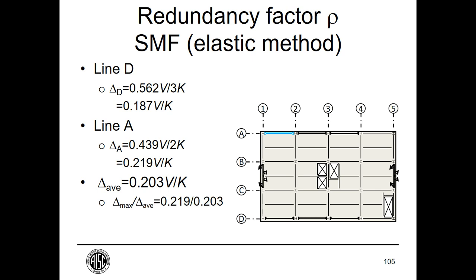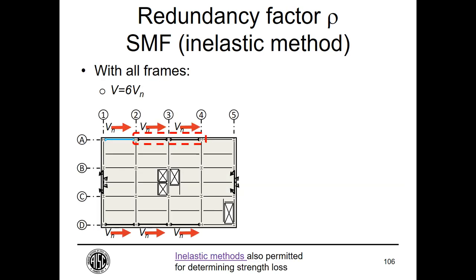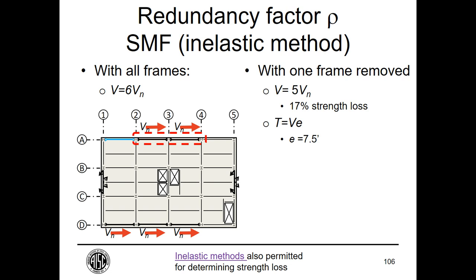And yes, the displacement corresponding to that load compared to the average displacement is a ratio of 1.08, which is a lot less than the 1.4, which would trigger the extreme torsional irregularity. So because we have a very good torsional layout, there's not a lot of twisting, so we're not in danger of that extreme torsional irregularity. Rho of 1. If we did the inelastic method, we could simply say all of these frames are taken up